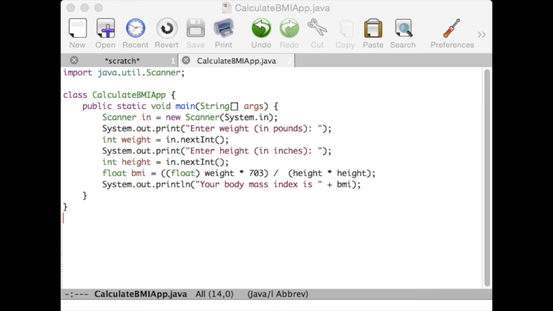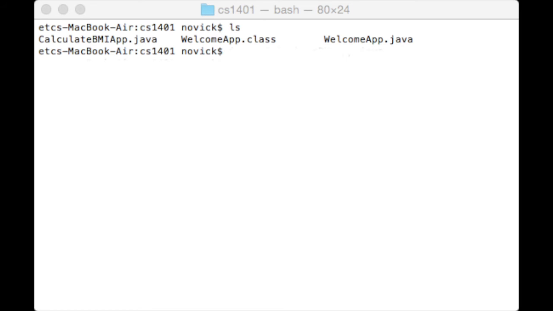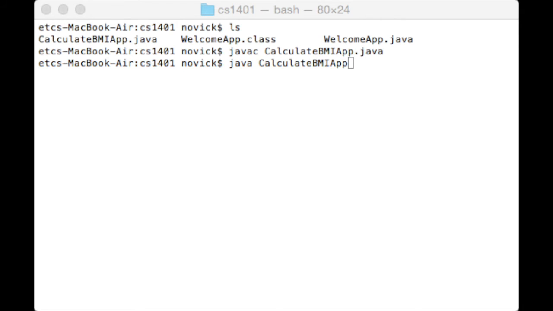calculatebmiapp.java. So let's go back to the terminal, and if I look at the files, I've got my welcome app program and its runtime called welcomeapp.class, and now I've got calculatebmiapp.java, which is my new program. I call the Java compiler javac calculatebmiapp.java, and that works. And now I call the Java runtime system, and by saying java CalculateBMIApp,